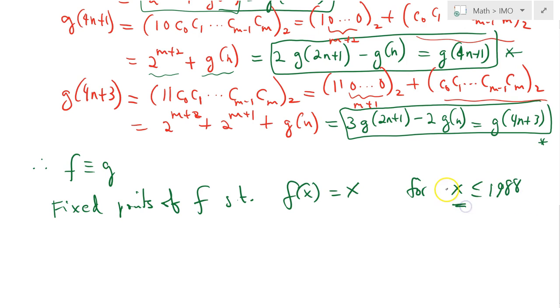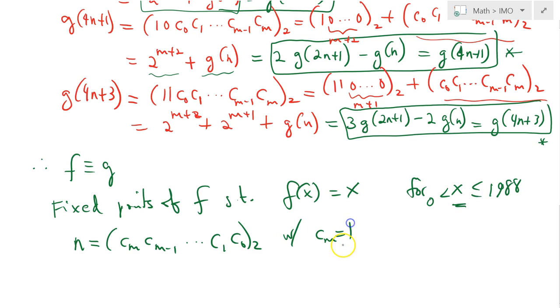Recall x is a positive integer. So what this means is that for a positive integer n, with a binary representation c sub m minus 1 all the way to c sub 1, c sub 0 in binary with leading digit 1, it satisfies